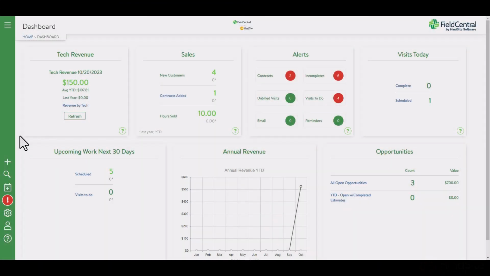Welcome! In this video, we will cover how a user would remove a visit off of a cruise schedule either by canceling or moving back to visits to do for scheduling at a later date. Knowing how to cancel or send a visit back to visits to do will help ensure you are able to fully manage your cruise calendars as needed.